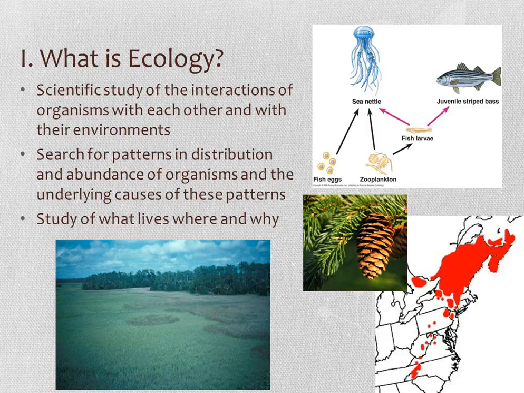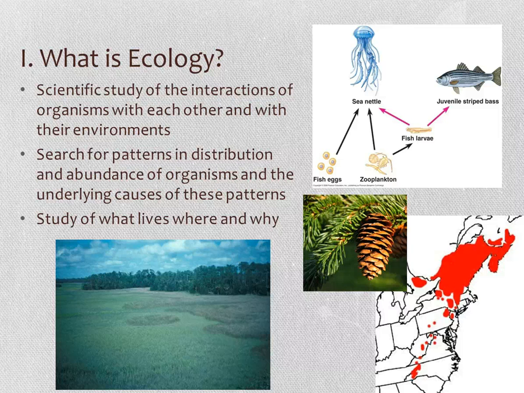You also have different types of marsh species like smooth cordgrass and black needle rush, and they're not distributed randomly. There seem to be some patterns going on here, and there are reasons for those patterns, and ecology attempts to look at these types of patterns and describe the patterns and try to figure out what the causes of the